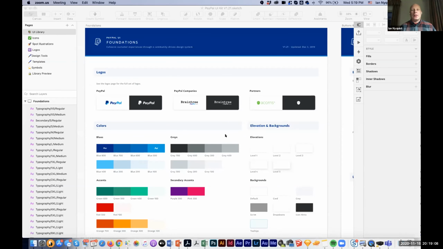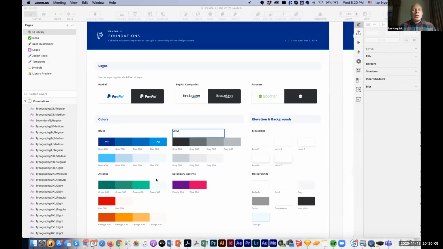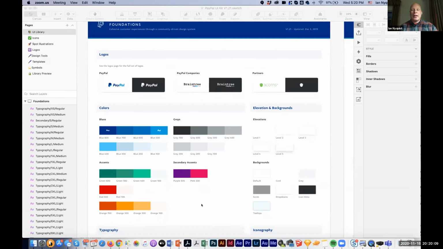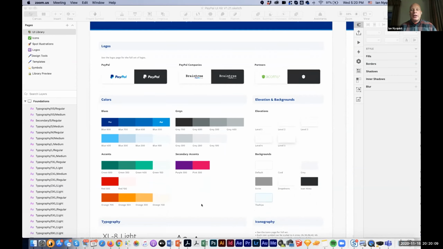And so it's really important for these companies to have some way to communicate to their designers and their developers, like, hey, this is our visual language. This is the colors that we use. For example, if you can see my screen right now, these are the colors that we use, and we don't use any other colors, right? Here are the elevated backgrounds that we use. There's the drop shadow treatments. Here specifically is the fonts that we use and the sizes.